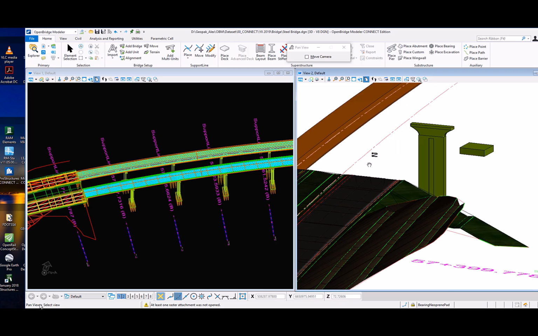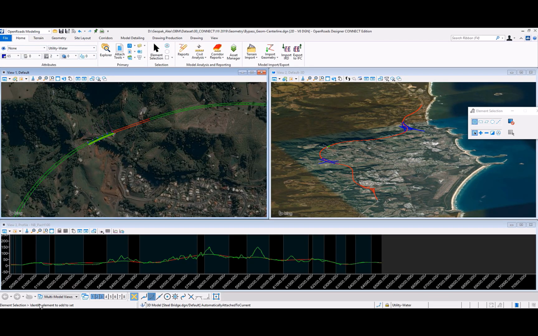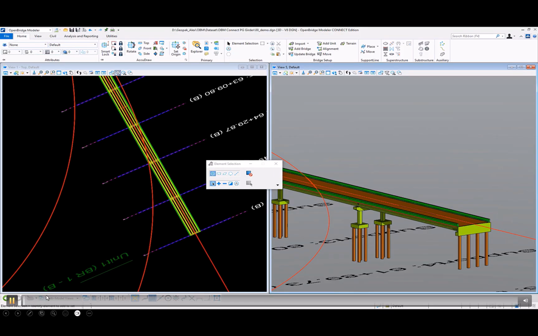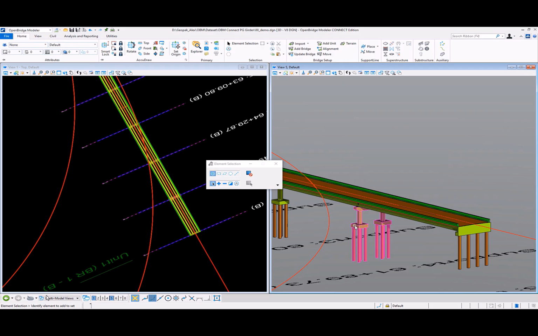Not only that, but then sometimes we need to update the bridge elements themselves, depending on whether we want maybe a different kind of structure. We need to update, want a certain elevation. We want different geometry than what we have placed. So in this case, for example, on this footing, I may want to update whatever we place with the bridge template that we use. So we select the element